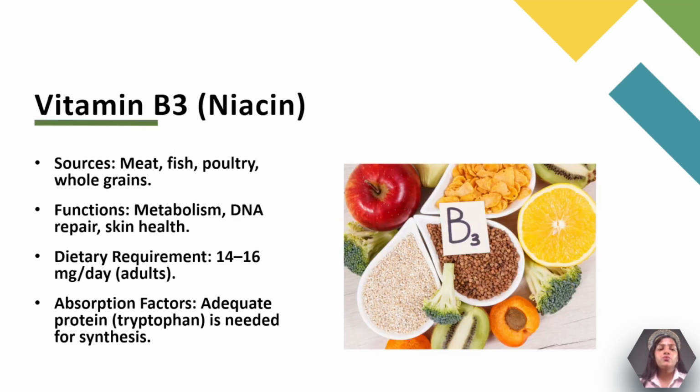Now, talking about vitamin B3, also known as niacin. Different sources of this vitamin are available, like meat, fish, poultry and whole grains. The functions played by this vitamin are metabolism, DNA repair and skin health. The dietary requirement is only between 14 to 16 milligrams per day, and absorption is done when adequate